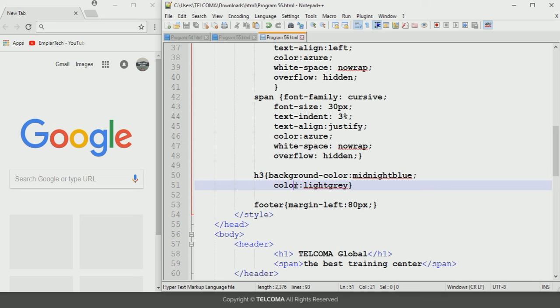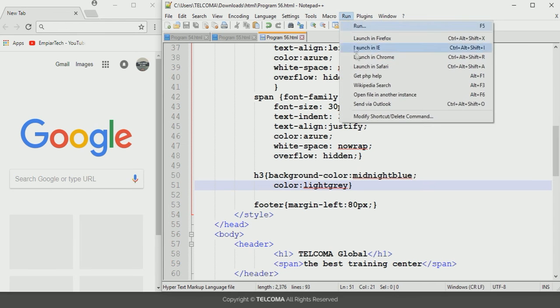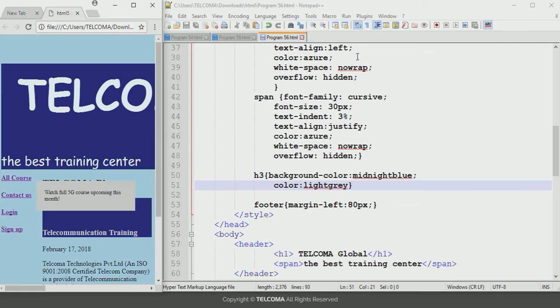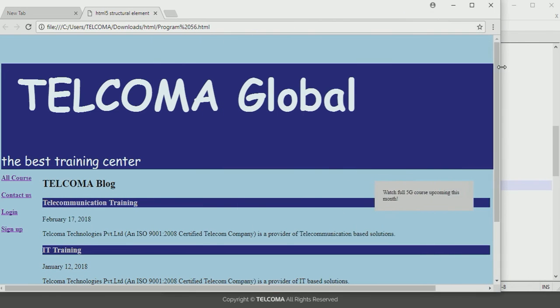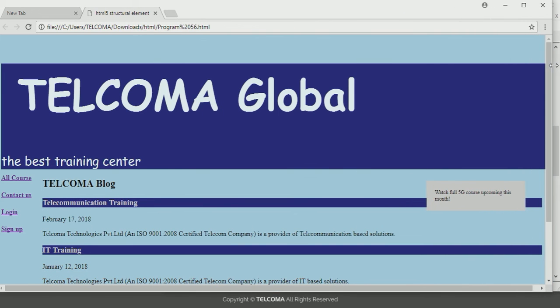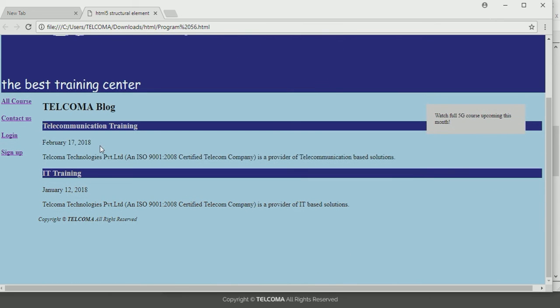So let's see how it will be displayed in the browser. For that you have to go to run and launch in Chrome. As you expand the browser you can see that the Telcoma blog that we added as the H2 heading will be displayed here. After that, it will show us the H3 heading that we have declared in the article.